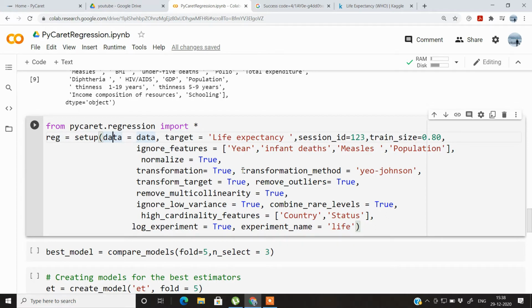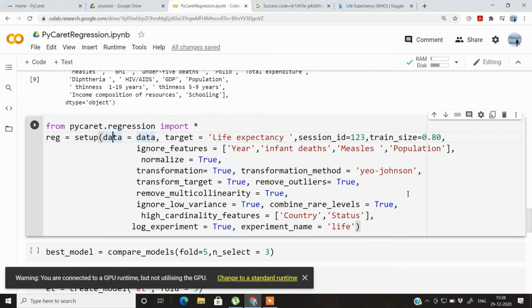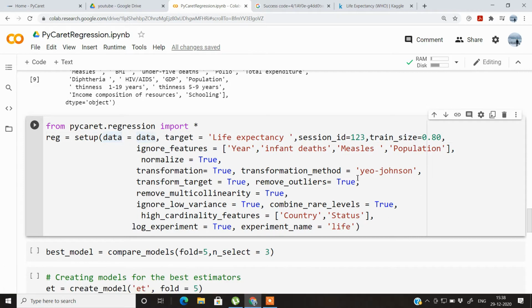And the transformation that we will be applying to normalize is the Yeo-Johnson transformation. You could have also gone for the Box-Cox transformation if you had negative data in your table. But since here we didn't have any negative data, we went for the Yeo-Johnson power transformer. Also, another thing is that PyCaret internally uses scikit-learn. It is a kind of wrapper library which is built on top of scikit-learn.